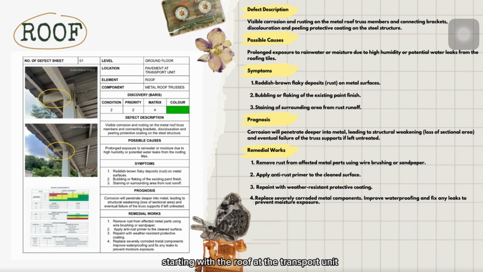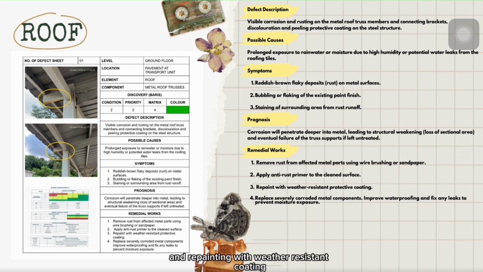Starting with the roof at the transport unit, I observed visible corrosion and rusting on the metal roof truss members. This is likely due to prolonged exposure to moisture or humidity. As for the symptom, I noticed reddish-brown flaky deposit and bubbling paint on the roof trusses. If this is left untreated, the rust will penetrate deeper, leading to structural weakening and eventual failure of the trusses. As for the remedial work, I recommend removing the rust with wire brushes, applying an anti-rust primer, and repainting